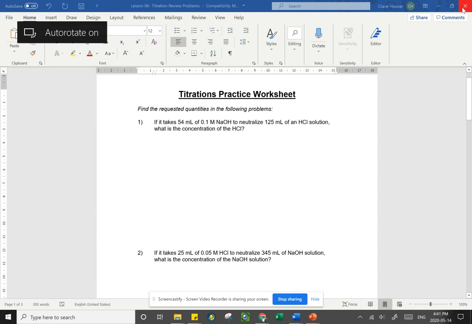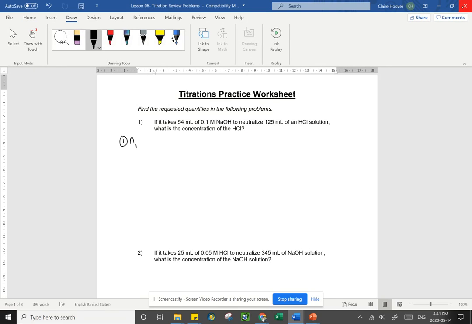So if you remember, we did say when we first learned about titrations that there's 3 main steps that you're going to follow. The first one is you're always going to figure out your moles of your known, okay, using n = C × V. Your second step is always going to be to figure out your moles of your unknown. Okay, and to do this, you're going to use your mole ratios. And your last step is always going to be to figure out your concentration of your unknown. And that's going to be using C = n / V. Okay, if you follow those 3 steps, you should be able to figure out all of the solutions to these